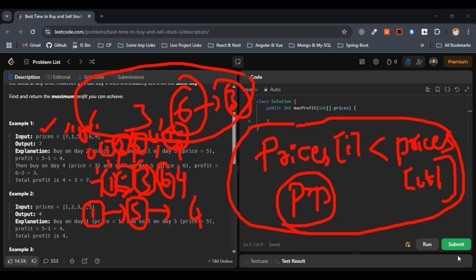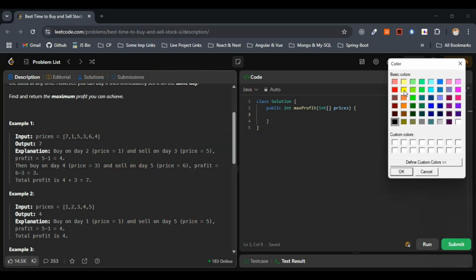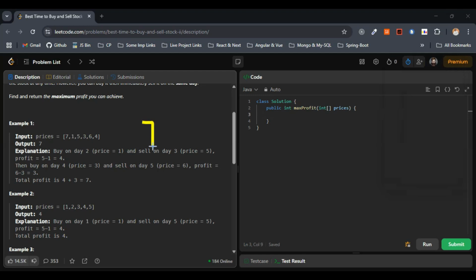So let me take a different color. Just give me a second here. Yeah, we have